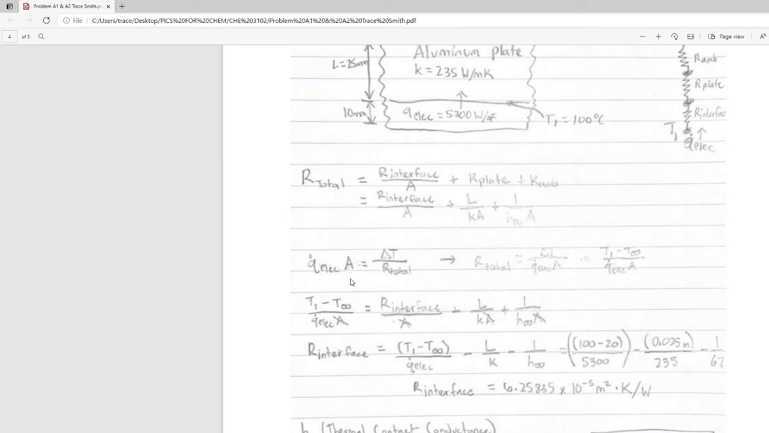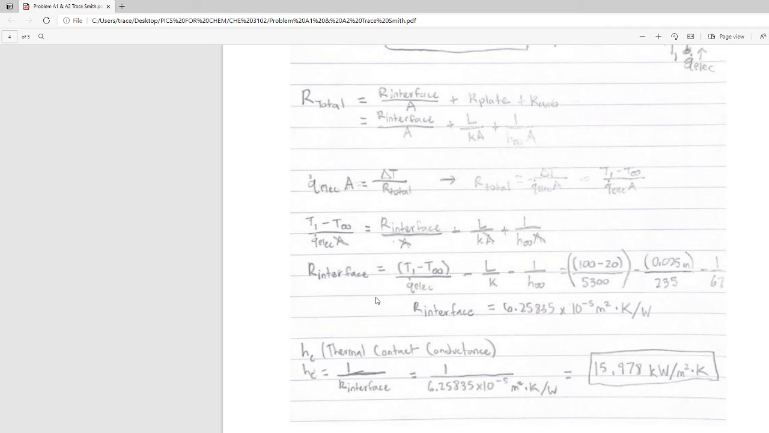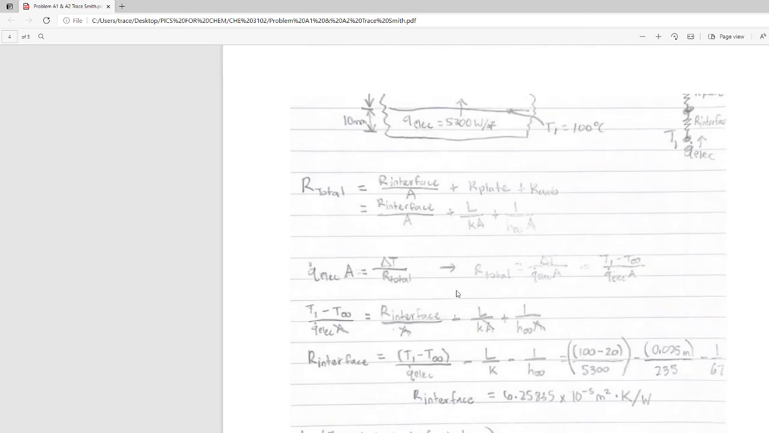And then what you do at that point is you get the heat flux times the area is equal to the delta T over the R total, and then you relate those two expressions together. So you get this expression from this T1 minus T infinity over the heat flux times the area, and you relate this with this expression. You put them equal to one another because they're both equal to R total, and then at that point you would solve for the R interface. That's what we want. We want the R interface, which will then give us our thermal contact conductance,